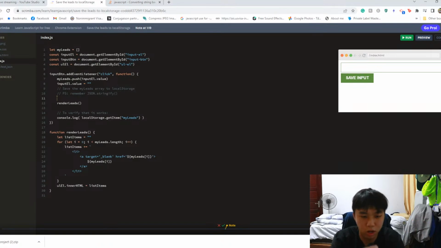And then we render leads. We call this function renderLeads. We put the second function: let listItem equal nothing, then we loop through all of it. We loop through myLeads.length, and then listItem is equal to a clickable link, and then ul.innerHTML